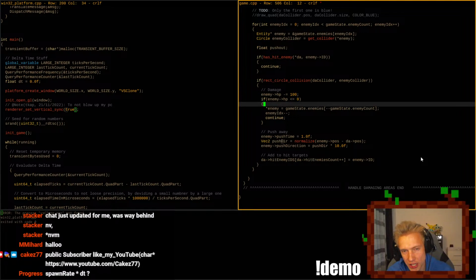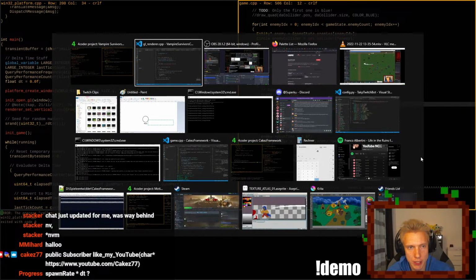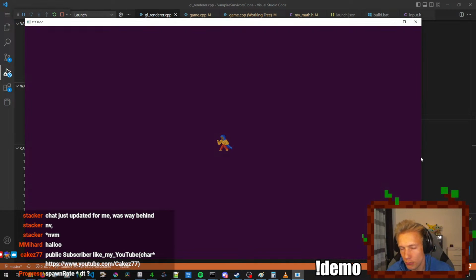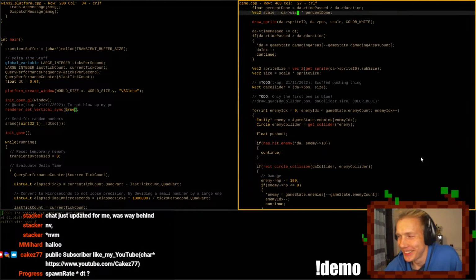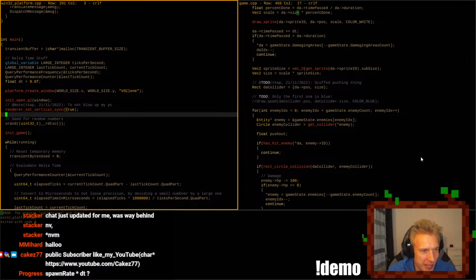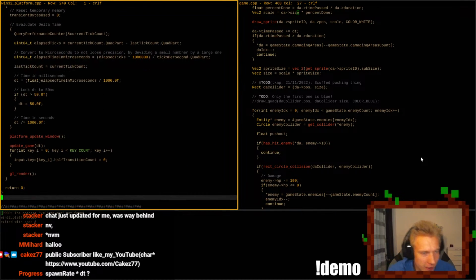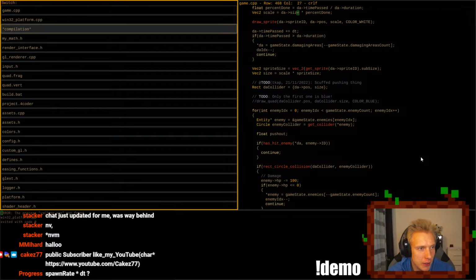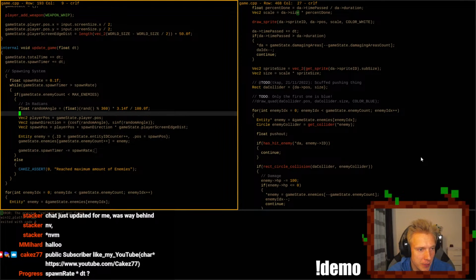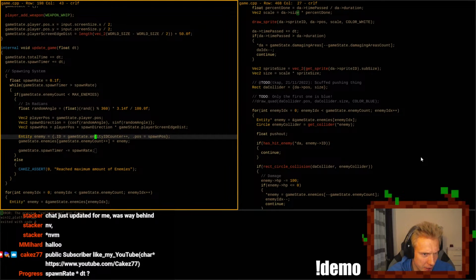So essentially, we just kill the enemy. But I leave the damage code in here because later on the enemies might have more HP and stuff. We could actually make it so that the enemies have more HP based on time. Should we do that? Yeah, let's do that. How much HP do they get based on time? When we spawn, we set the enemy...